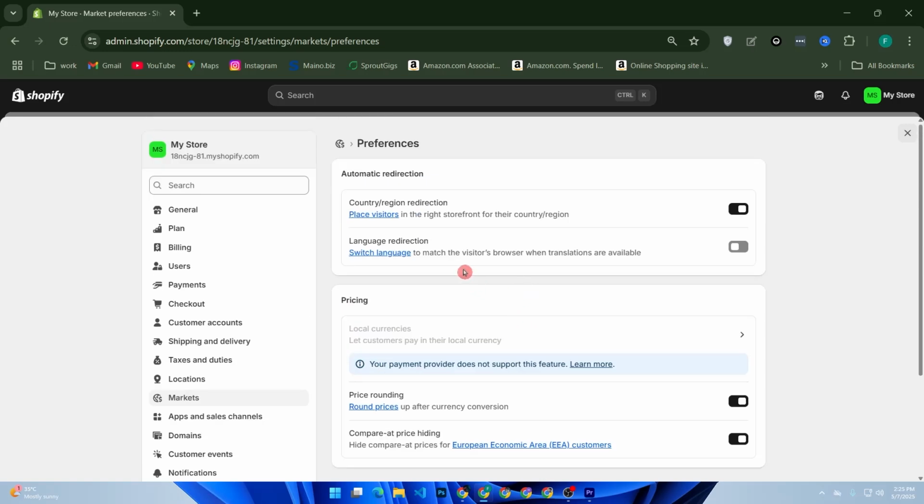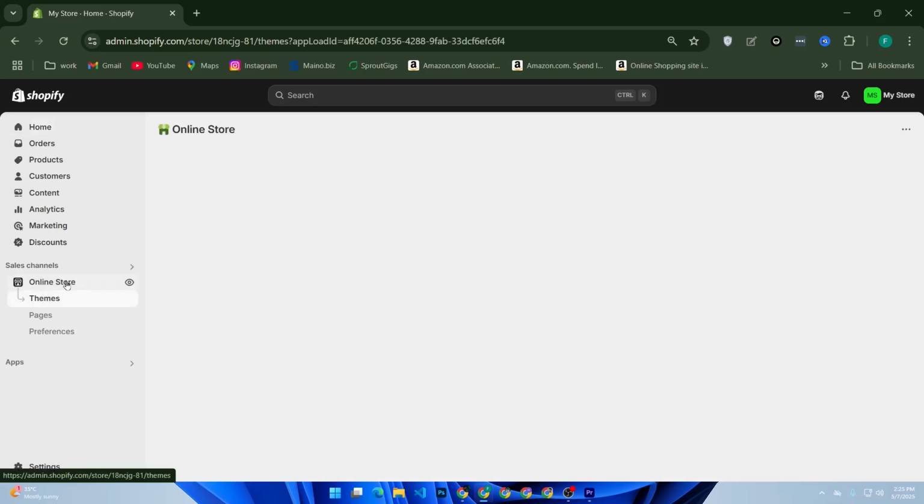From here, based on their region, like euros in Europe, CAD in Canada, you must be using Shopify Payments to enable automatic currency conversion. Now go to online store,